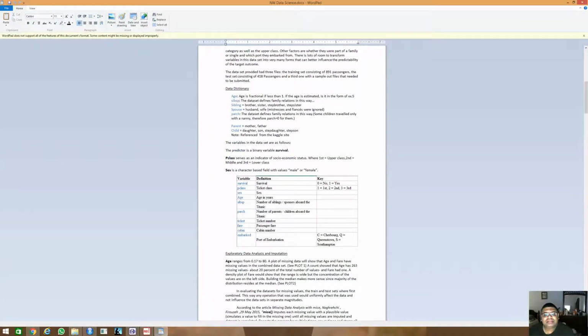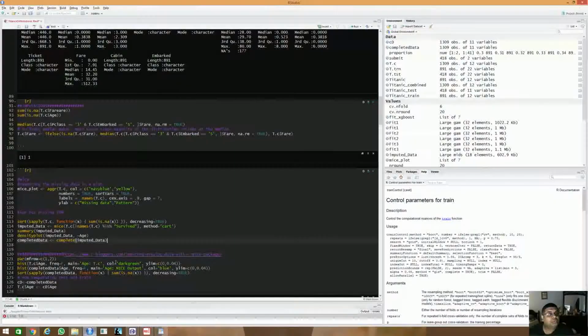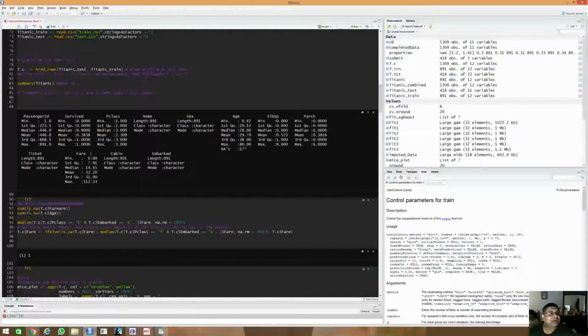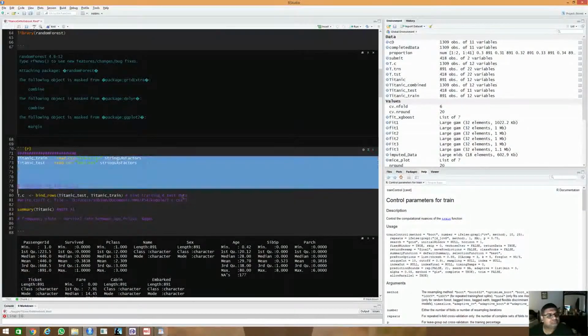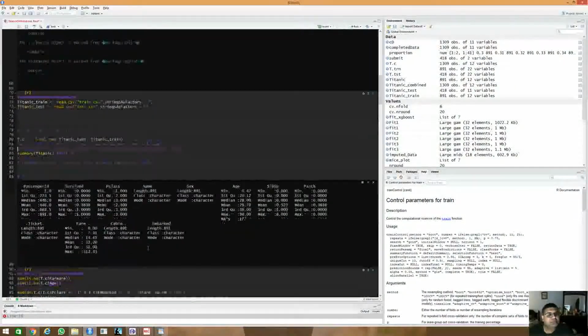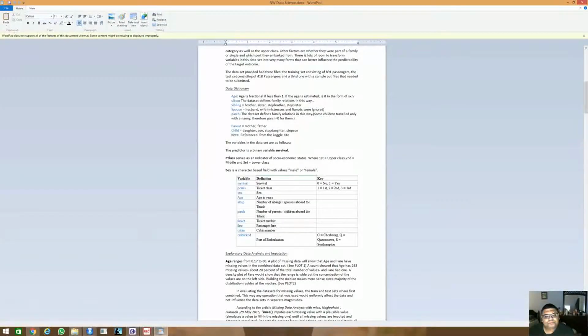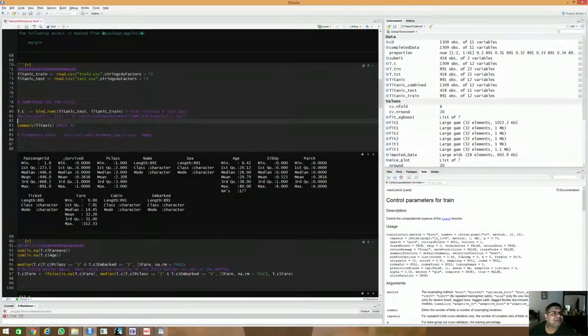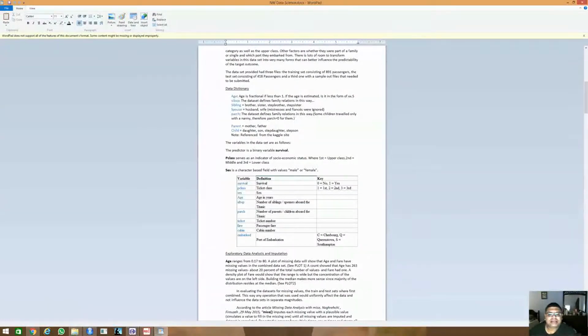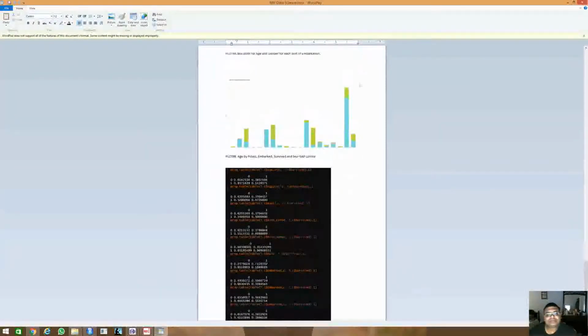Now, it was pretty obvious to me as I went through some exploratory data analysis that there were 263 age values missing from the combined data set. And I did combine train and test into one data frame. I decided to use the mice algorithm to impute the age, as well as